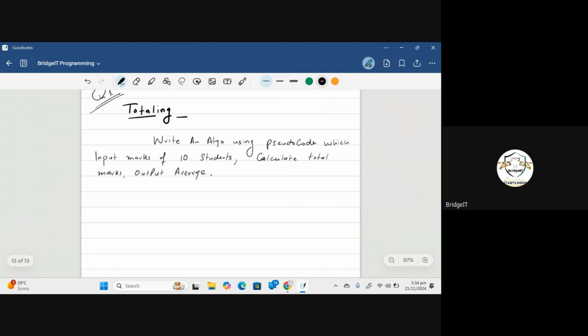So, a very simple, very plain question. You have to input marks of 10 students, do the total, and then output the average marks of all the students. Like, what is the average marks of that class in which there are 10 students? Now,